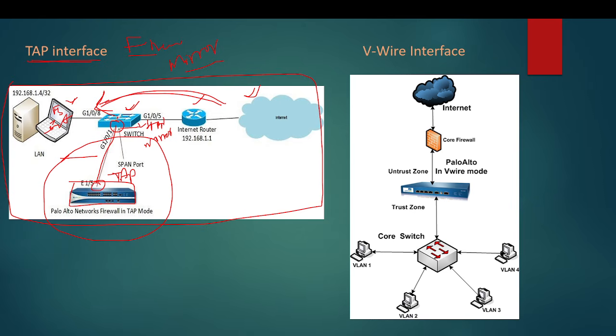So what this switch will do is, whatever traffic is flowing through the network, it will also send one copy of the traffic to the firewall. The firewall will log whatever traffic it receives and create a log. If the administrator wants to know about any unauthorized access coming into your network, they will log into the firewall and audit.